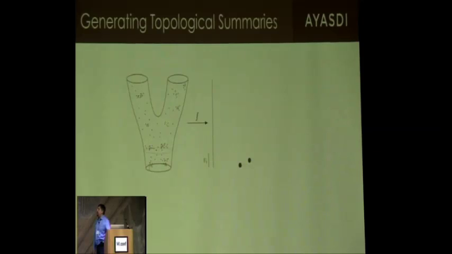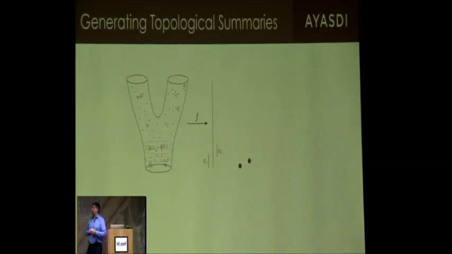What I'm going to do is take open sets in the line segment. I'm going to look at the inverse image of the open set. So U1 is a little piece of the line segment. I look at all the points that map to U1. It's the bottom or the trunk of that pair of pants. And within that open set, I'm going to do clustering. And so the way I've drawn it, I found 2 clusters. So on the far right, I'm going to draw 2 dots for the 2 clusters. Now I'm going to do that again, but I'm going to take a covering of the range of this function, meaning that my open sets are going to overlap.